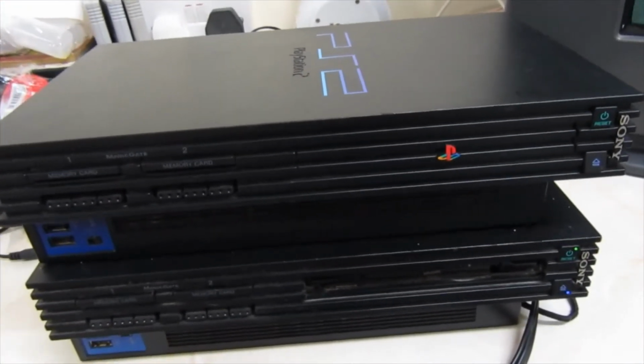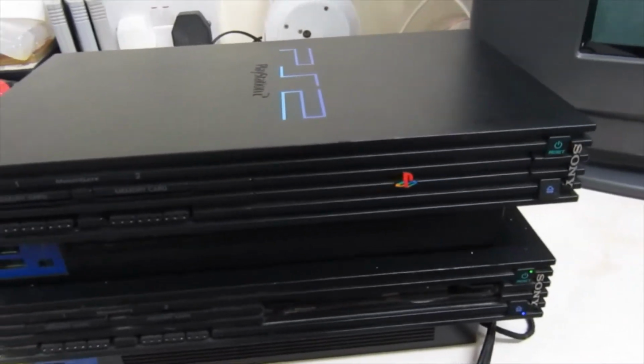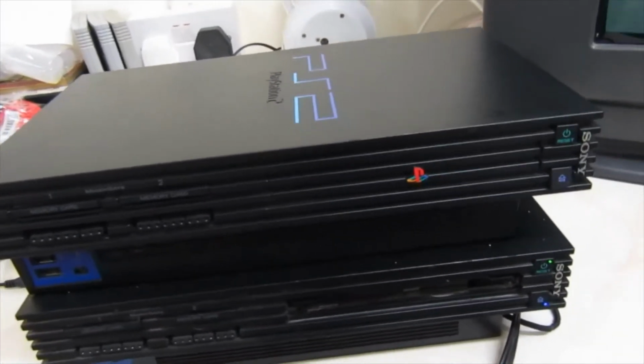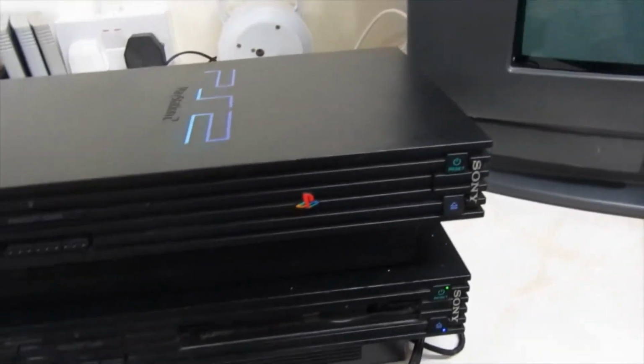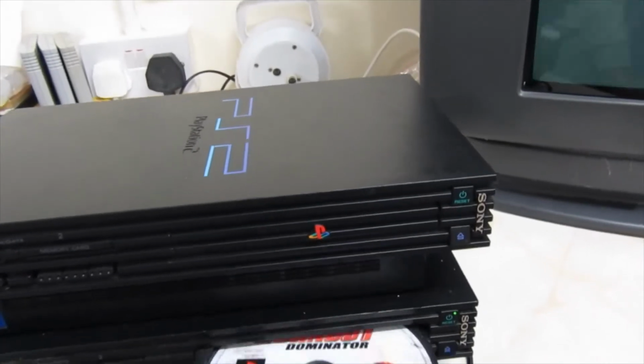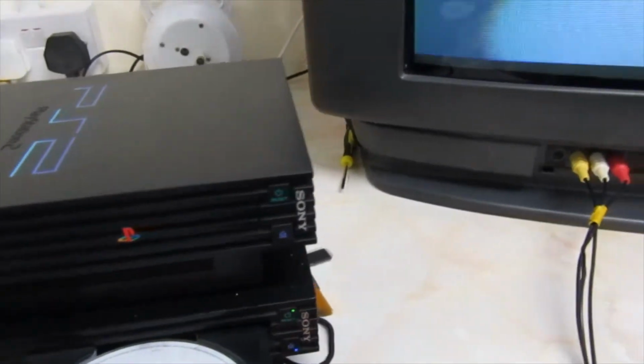So I tested it and it did play the silver back discs no problem, but really had an issue, wouldn't really do anything with the blue back discs. So I'm going to have to pull that apart, maybe put a new laser in it. The bottom one I wasn't very confident about. It doesn't seem to do anything,